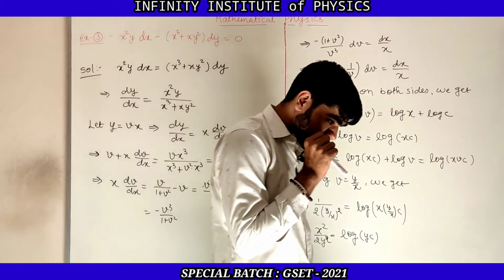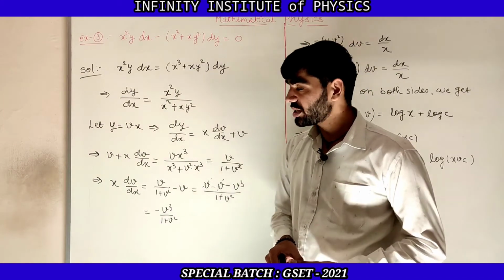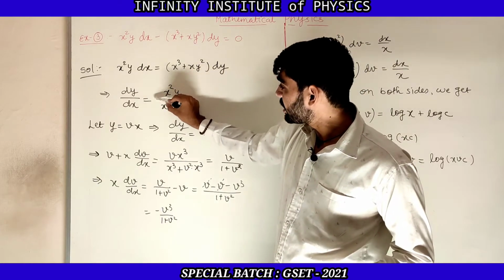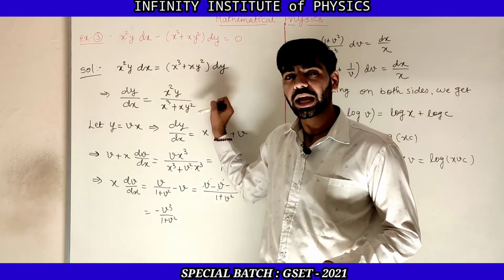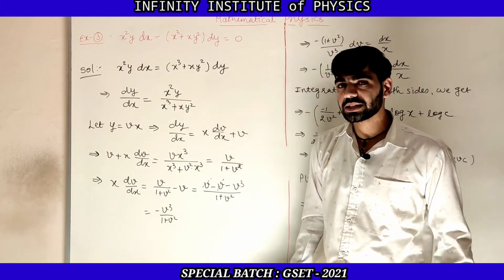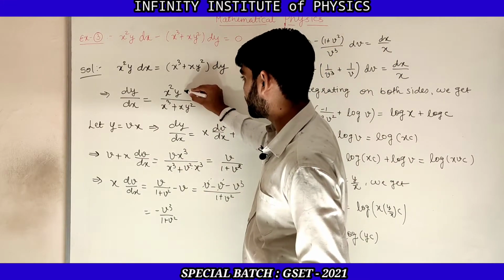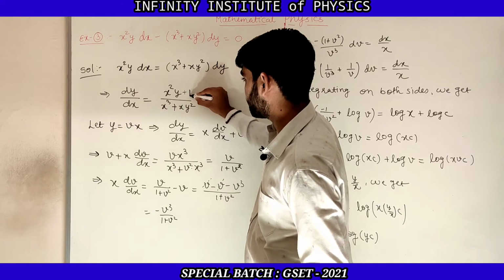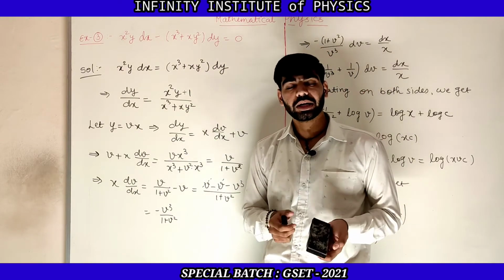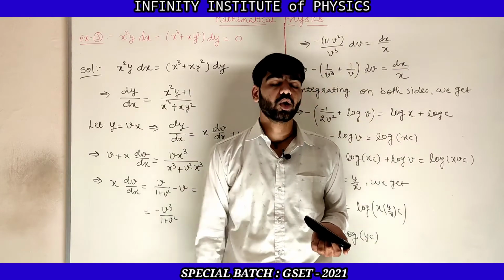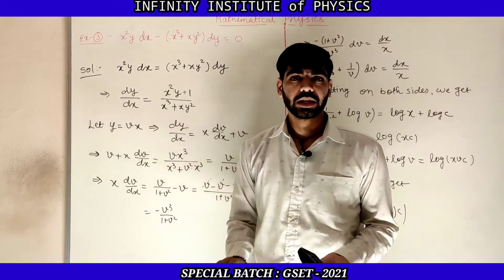Now the next topic is non-homogeneous differential equation. Non-homogeneous means here a constant term is also added. That means the functions m and n both are non-homogeneous functions. Suppose I write x square plus y square plus 1, then if I add any constant number to that function, it will be converted to non-homogeneous. So this is the case of a non-homogeneous differential equation.